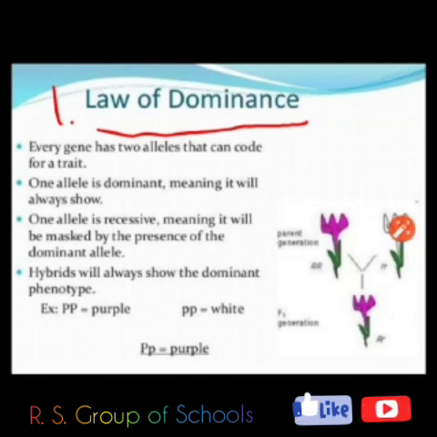In this law, Mendel says that every gene has two alleles that can code for a trait.